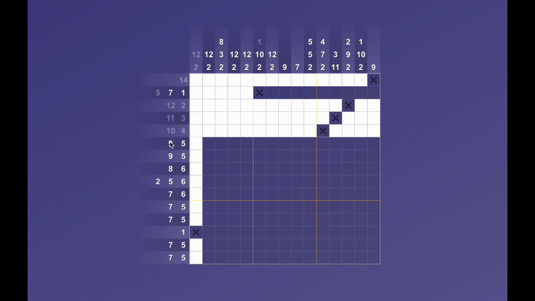This row has a 9 and then a 5, which makes 14, and the X in between makes 15. 1, 2, 3, 4, 5, 6, 7, 8, 9, X. 1,